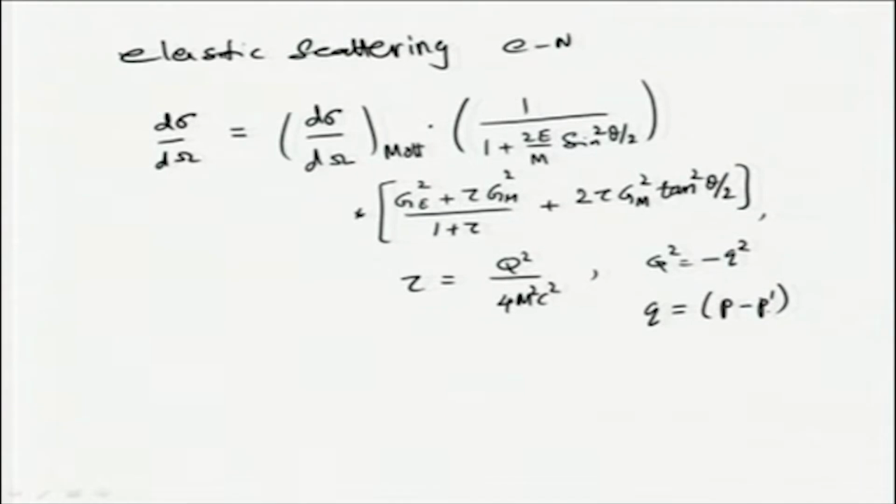and q itself is basically the four momentum transfer. So, P corresponds to the initial energy and momentum of the electron, and P prime is the final momentum of the electron. This we discussed yesterday, and we also discussed that in the case of high energy electron beams,